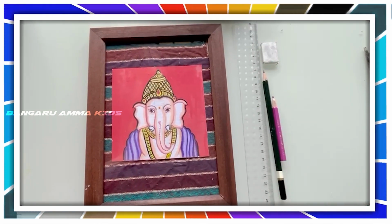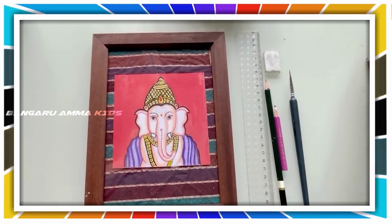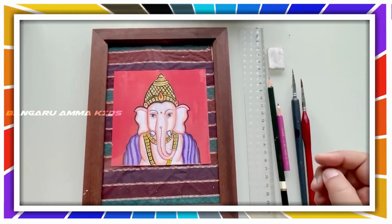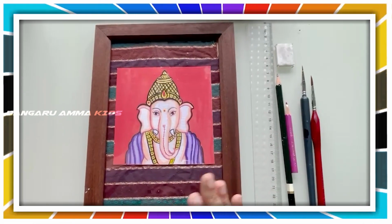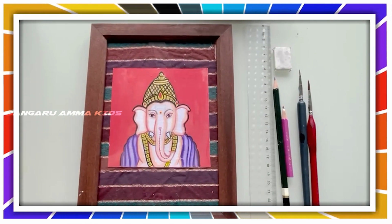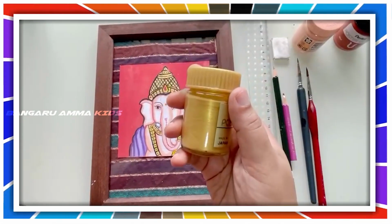Then you shall be needing the paint brushes of size 00 and 3. Other than that, you shall be needing a simple palette where you need to mix the colors, and you can use either pastel colors or watercolors for this. You can also do this with sketch pens if you don't have any of the watercolor or pastel color with you. For this painting I have used pastel colors, and the colors I have used are skin color, brown, golden,